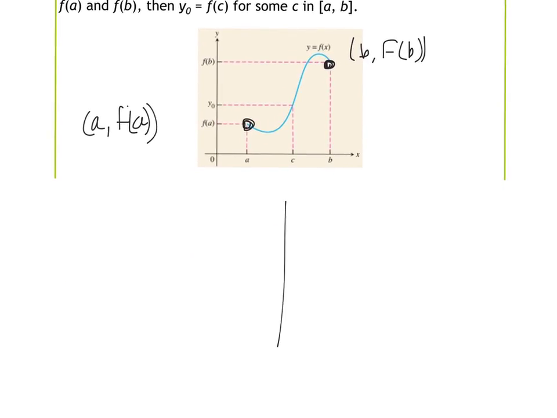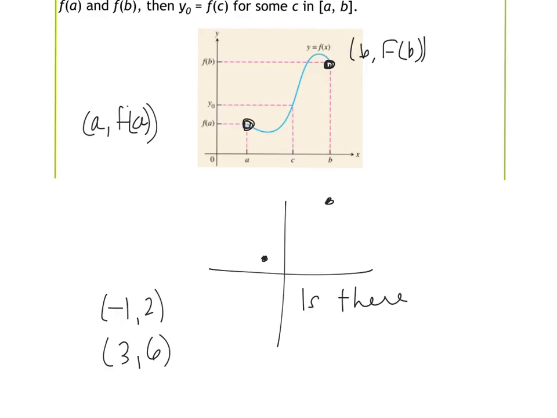It means that if I told you that some continuous graph had a value at (-1, 2) and a value at (3, 6), so there's some value over here at (-1, 2), and there's another one at (3, 6). Then if I asked you, is there some point x equals c